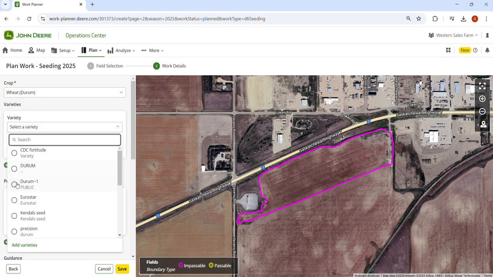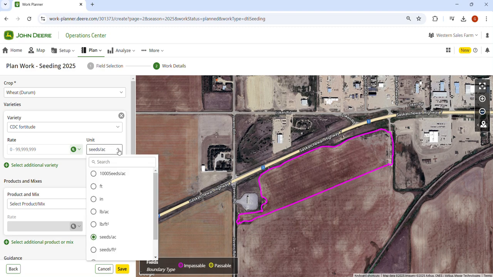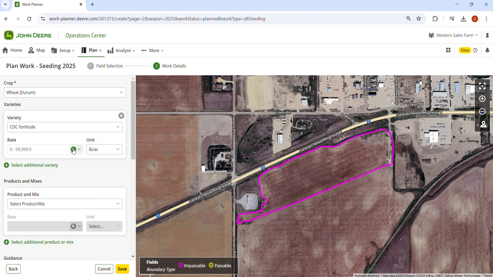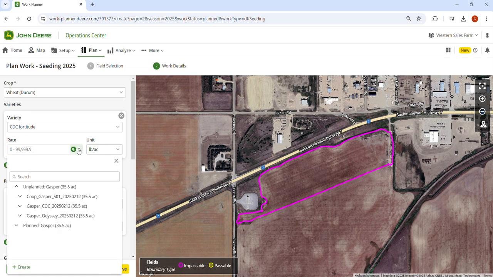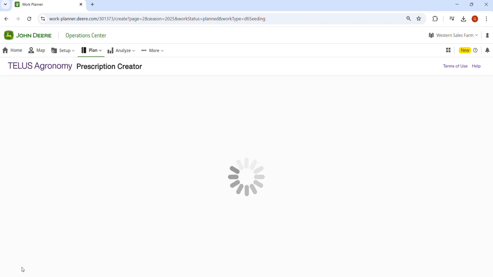Select the variety. And then right here, you want to select pounds per acre, if that's what you're going to be seeding in. And the prescription RX, select it. Do not select one of these if you have any, unless you're going to copy one that you did before. That's the nice part about it. We're going to create a new one today. And by creating a new one, we're going to base it off of